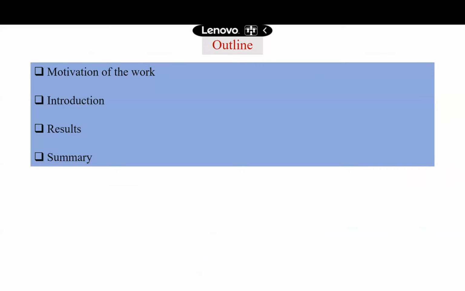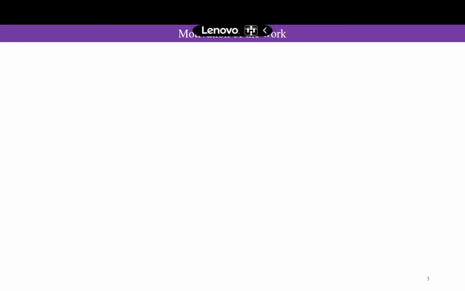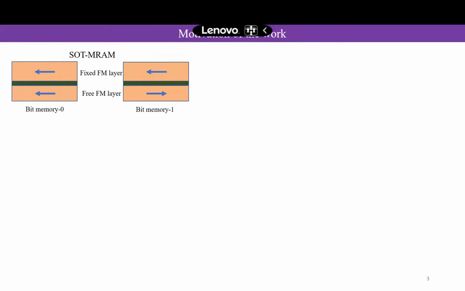The outline of my talk will be: first, I'll give the motivation behind this work, then I'll give an introduction to a few fundamentals, then I'll discuss my results, and then I'll summarize my whole work. About the motivation of the work, in SOT-based MRAM devices, two ferromagnetic layers are used